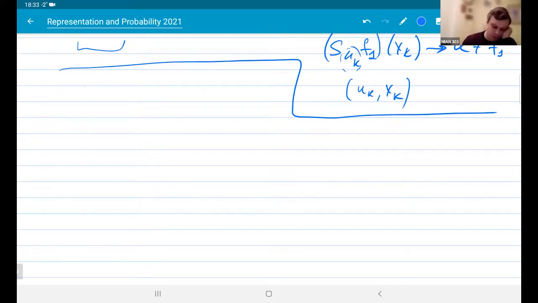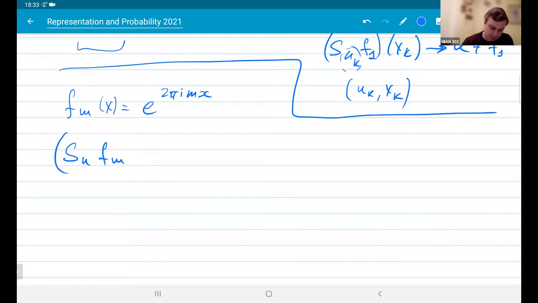So let's start with the following function, which is just one element in the Fourier series of such a function. So you take some function and you decompose it into a Fourier series, and then these functions are the Fourier basis. Okay, and so if you take S_n f_m of some point x, well, this is what? This is a sum